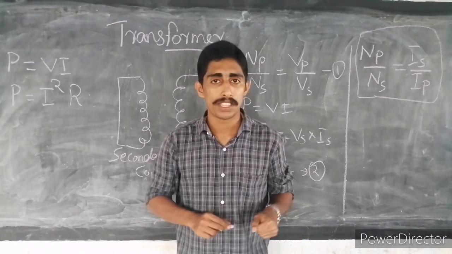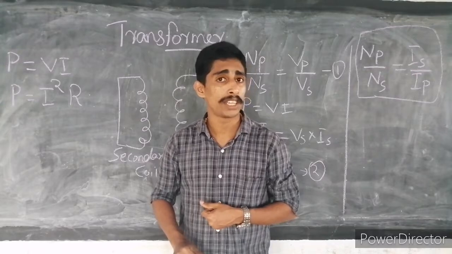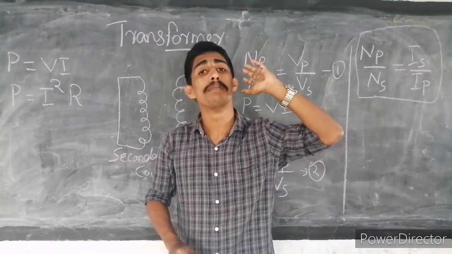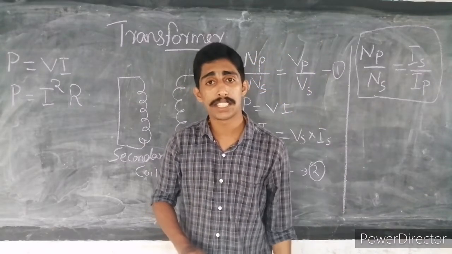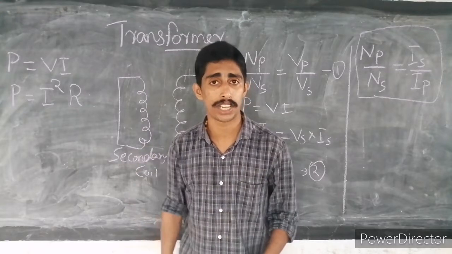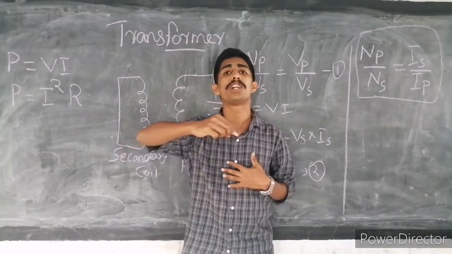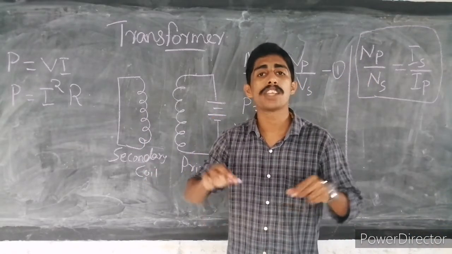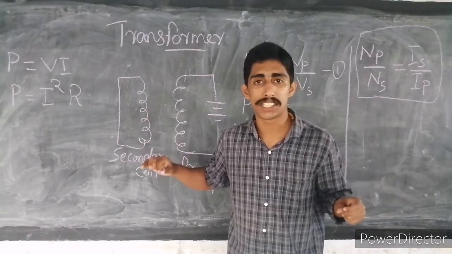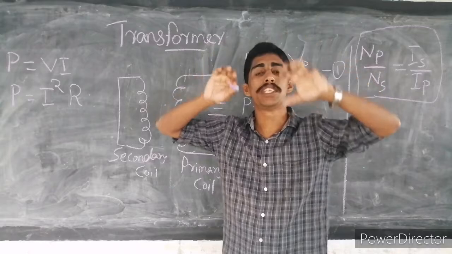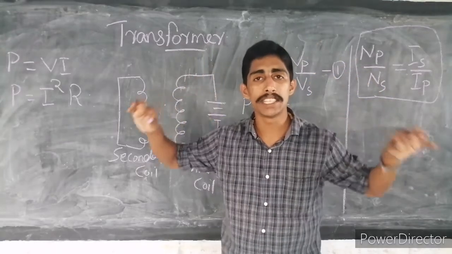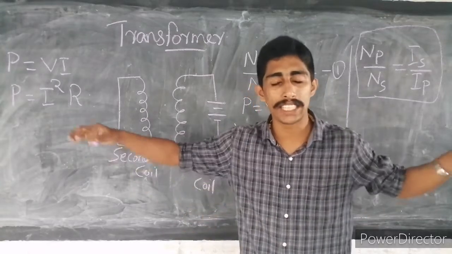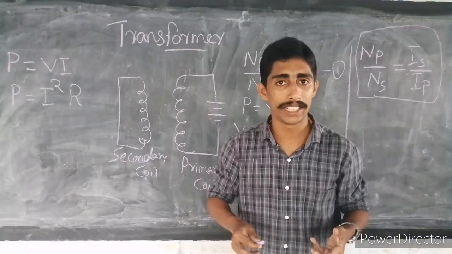Suppose you take our place, from where the electricity is coming to our state. It travels almost 100 km, 200 km, 300 km and more, even from other states. We are buying electricity from other states, so there is a long distance in between. When the electricity comes from other states, it has to travel a long distance. Then we know that when the length increases, resistance also increases.